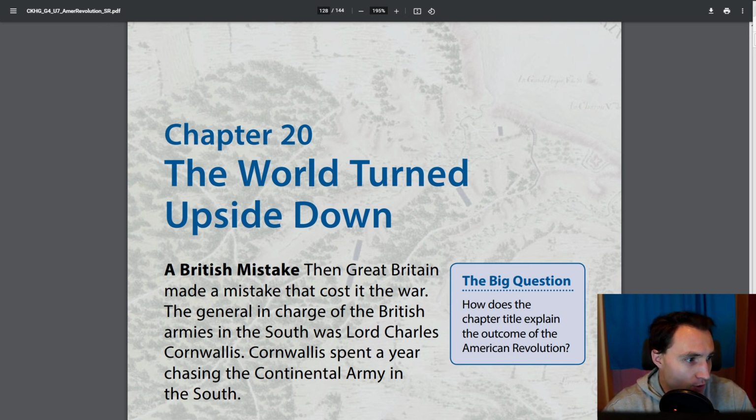They were expected to win easily in a war against the colonists, but the colonists instead, who were not well organized, won, defeating the greatest empire in the world at that time. So that's why the world was turned upside down. For the first time in history, a country was born by leaving its mother country.